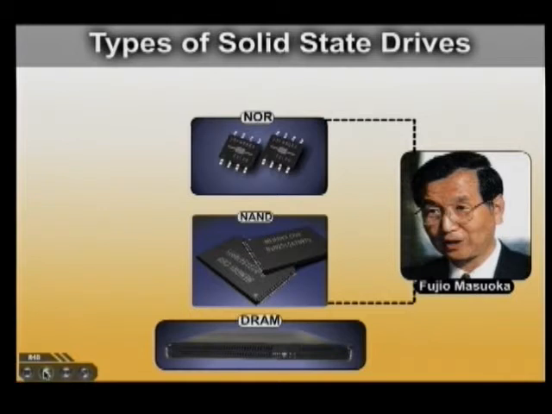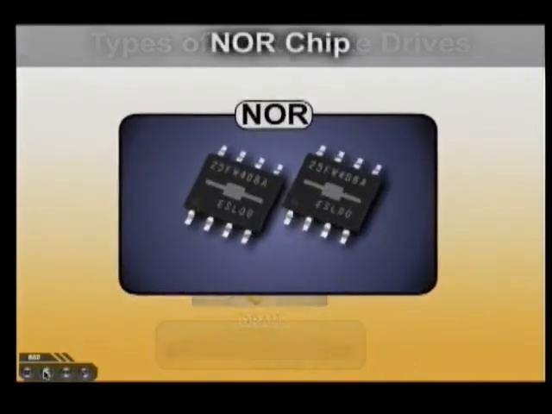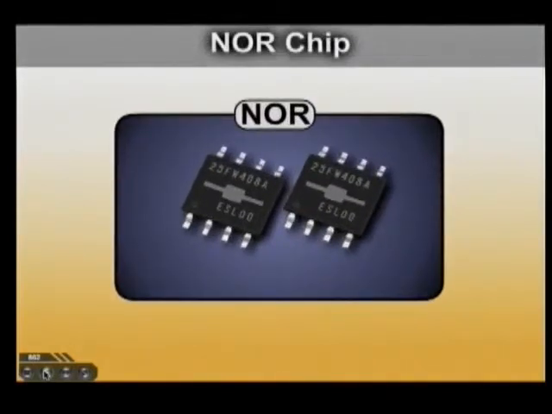Basically, NOR is something similar to what you would have in the BIOS of your computer. He created both of these in 1984. So they're really not new. We're looking at 94 to 96 before things are being released. So you're looking at a 30-year time period that these things have existed. And we're just now starting to get to use them, mainly because of cost. As cost plummets and you have increased momentum, then you're starting to use them in newer devices.